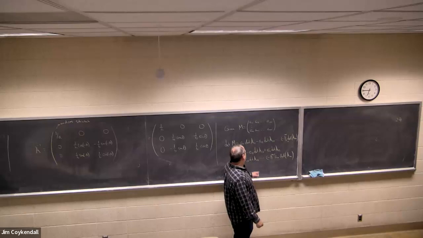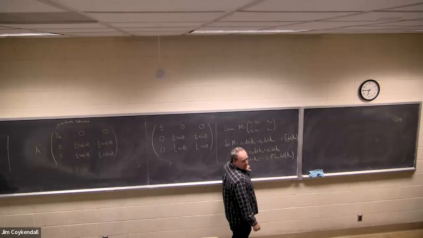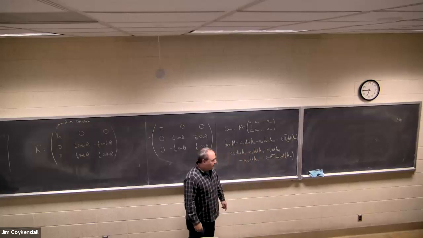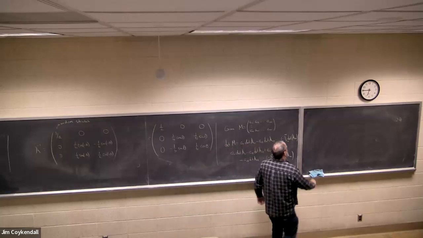Because notice the minus sign occurs exactly when that second number is even, correct? And so if this number is even, I want it to be minus. If this number is odd, I want it to be plus. That's where